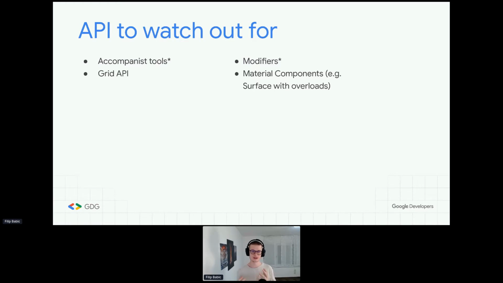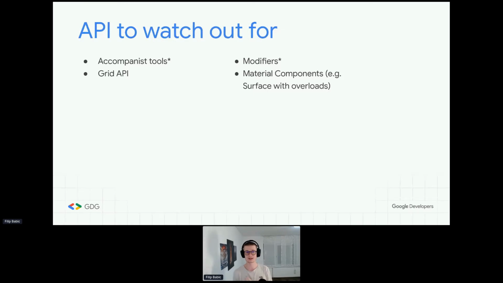So these are Accompanist libraries that are here to help you write Compose code and build some features in Compose. Most of these tools are targeted for Compose, and they are being very heavily developed, or very frequently they release with new things, new improvements. So some of these libraries are in the experimental phase right now, or beta phase. But as soon as they're stable enough, you can just pull them out as stable components and use them in your applications.